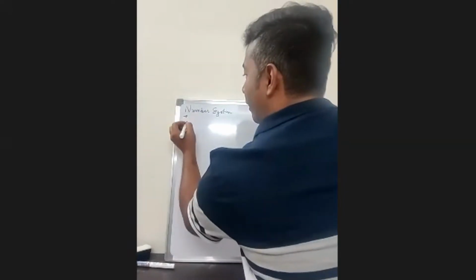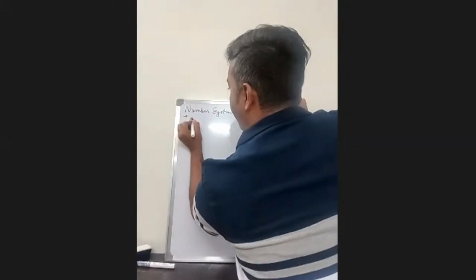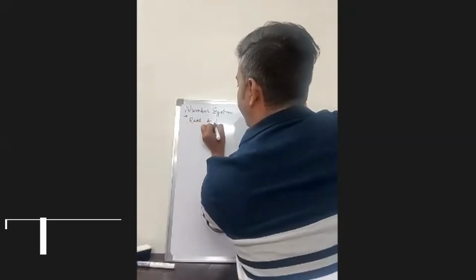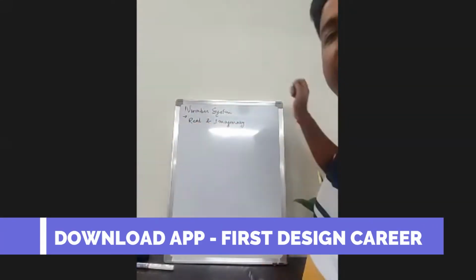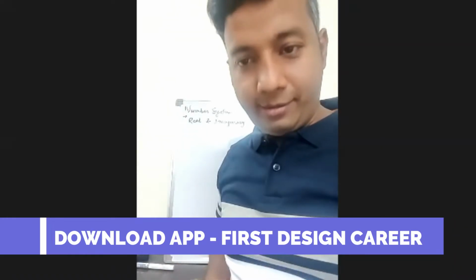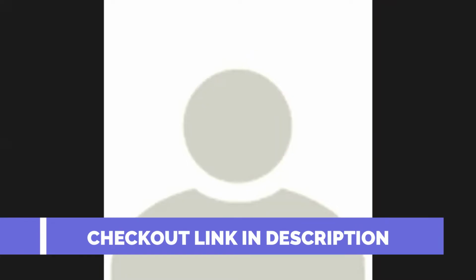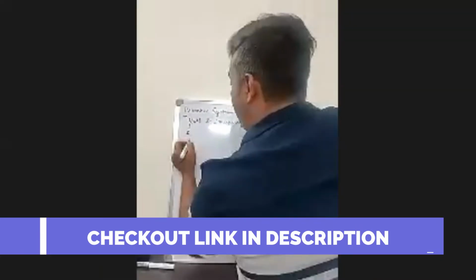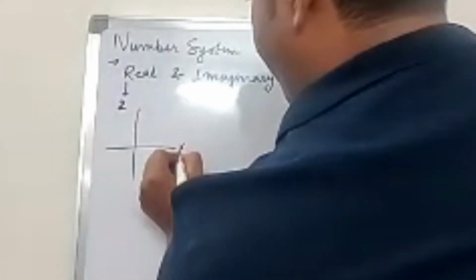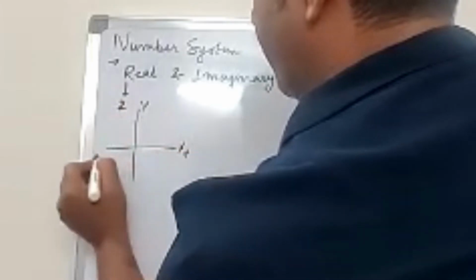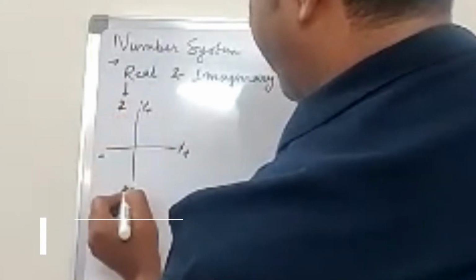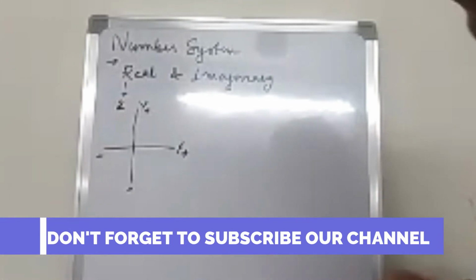So when I say real number and imaginary number. So real number, any number which can be plotted on a graph. Okay, any number which can be plotted on a graph, you call it a real number. Okay, for example, 2. Right, it can be plotted. Right, you have an x and y axis. Correct. This is positive. This is negative. This is positive. This is negative. Right. So when I say 2, it means